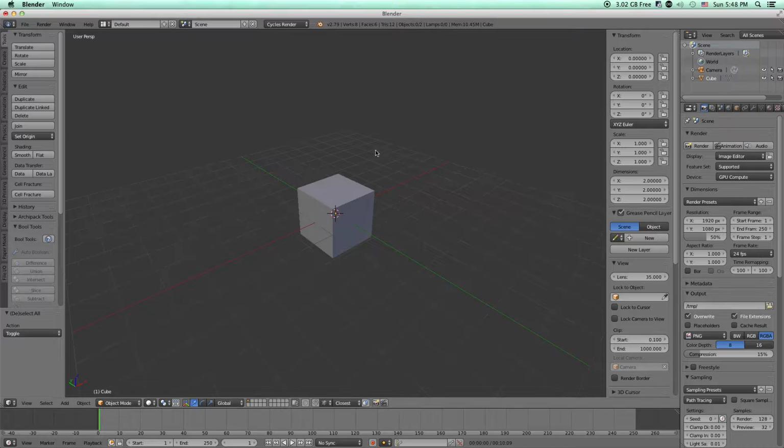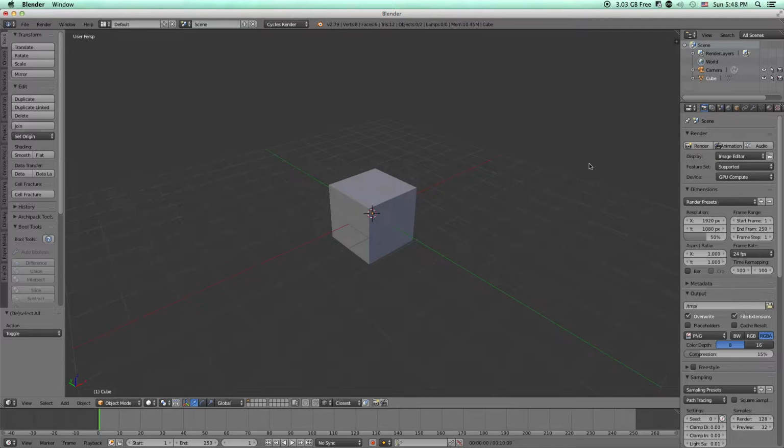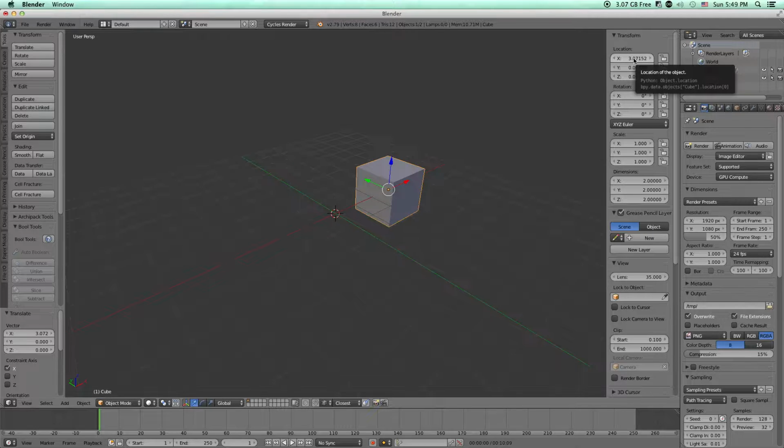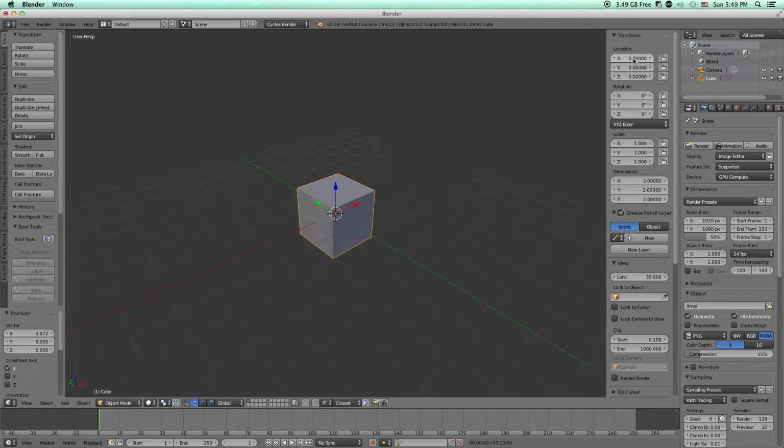Exit, and also be sure to pull up this window here by hitting N, and that will bring up the transform window here. And what this is used for is whenever you move an object, it will show right here. So if you ever want to set it to a specific number or reset it back to 0, you can